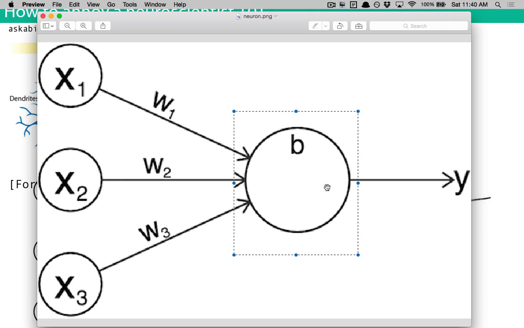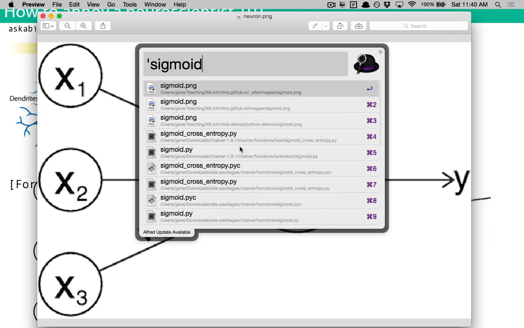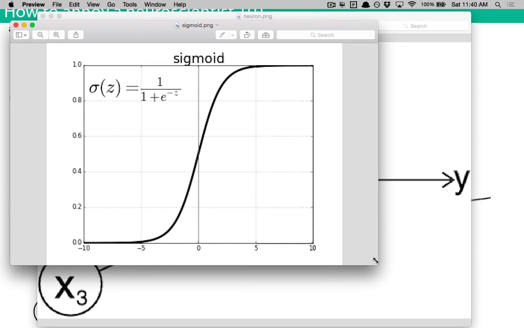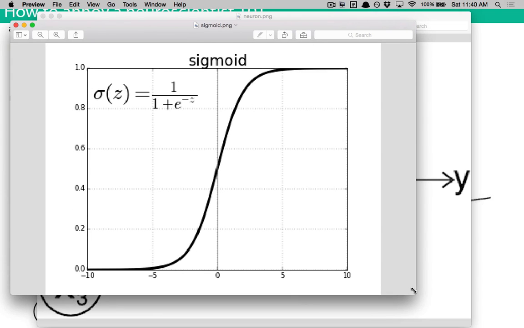But the main thing is that a neuron computes w1 x1 plus w2 x2 plus w3 x3. And then it does one more thing, which is that it goes through an activation function, which takes this sum and usually squashes it. For many decades we used sigmoids to squash them, though we don't really use sigmoids anymore. Suppose you have some really large value.